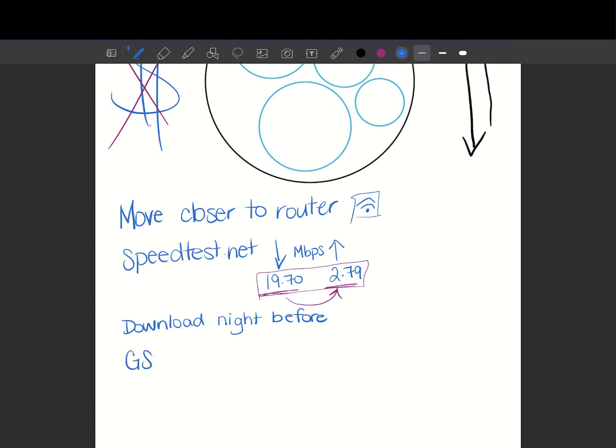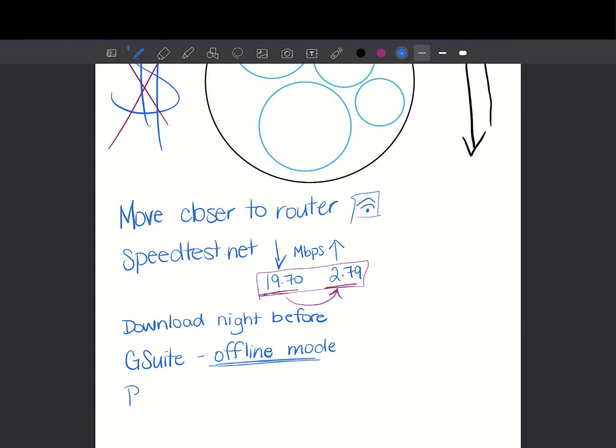Another thing you can do is within G Suite, we can activate what is called offline mode. In the description for this video, I will put a link to how to set it for offline mode. So if you have kids who are working from home and they need to be working in a Google Doc or a slide, if you've got offline mode enabled, they are not going to be taking up any of your bandwidth within your home because they will work offline, and then you can connect it later and have it sync to bring their document online for the teacher to see.